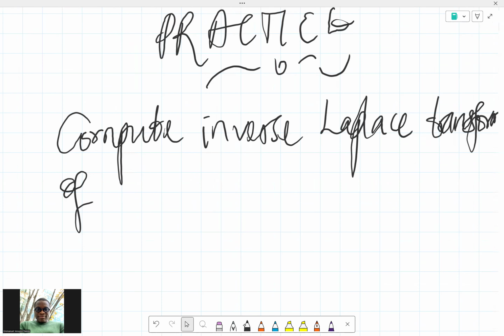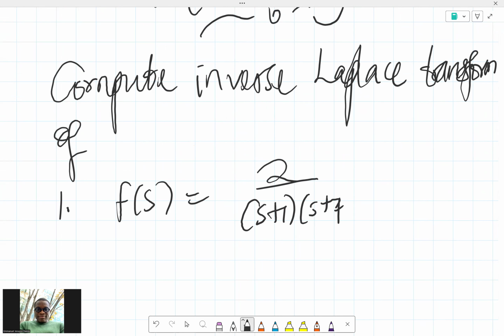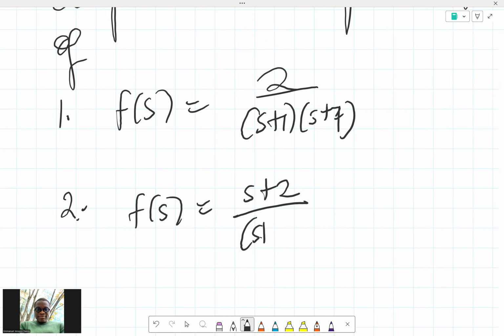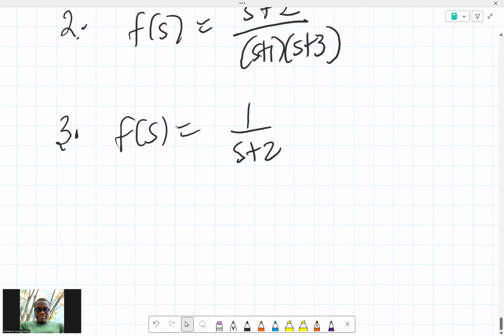of number 1: f of s equals 2 over s plus 1 into s plus 4. Okay, then you have number 2, f of s equals s plus 2 all over s plus 1 into s plus 3. Number 3, you have f of s equals 1 over s plus 2. Number 4,